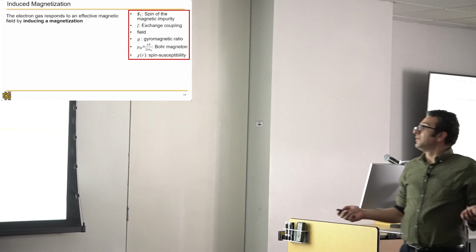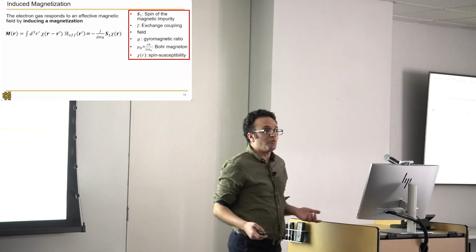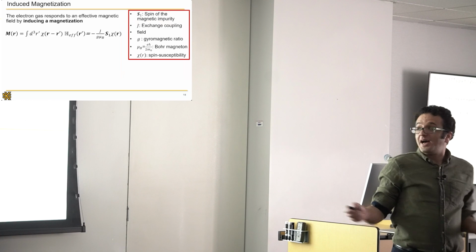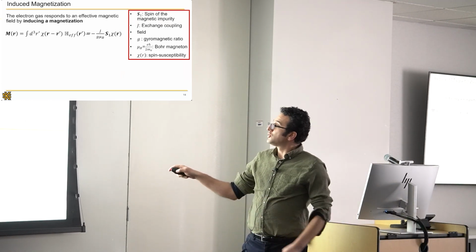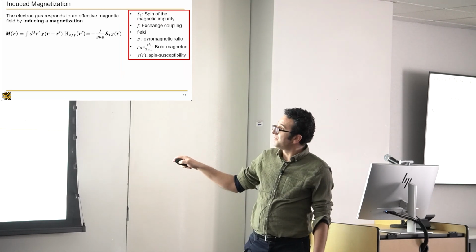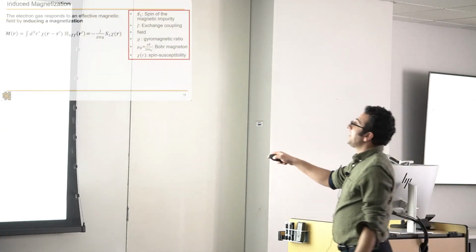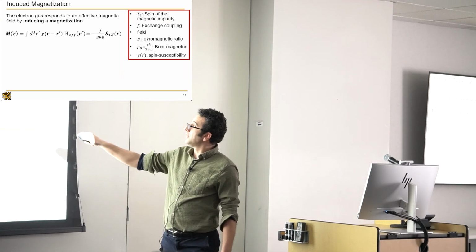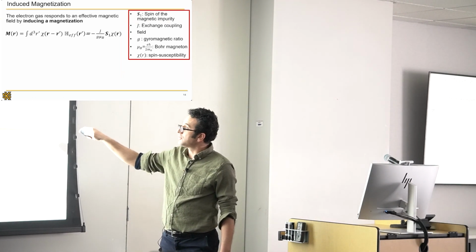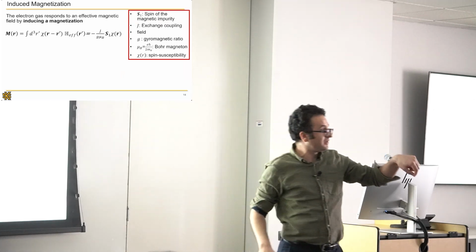As we know from electrodynamics, if I have a magnetic field, I will have an induced magnetization. And that magnetization is dependent on the spin susceptibility. So that means that if I take that effective magnetic field, I can perform this integral in an easy way because there was a delta function, if you remember. So then I have an effective magnetization that is generated, and it's proportional to the real space representation of my spin susceptibility and the additional spin that was present.